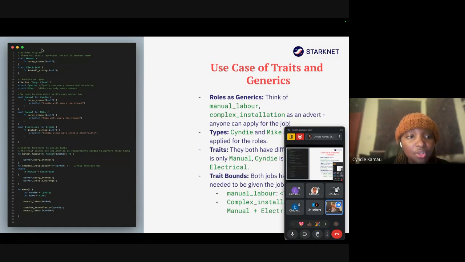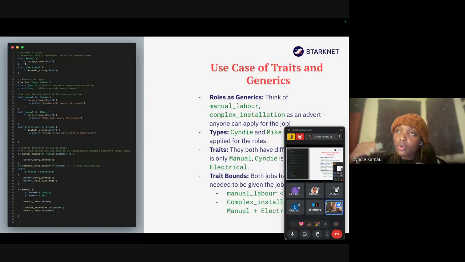So I will now come here to my manual trait, right? So I had already denoted the specific traits, the specific skills we want for everyone, right? That's why I had put the word trait. So these traits, they're public by nature. What do I mean by public? They can be used anywhere. So when you're writing a trait, you don't need to use the word pub, because remember when I was talking about ownership, I talked about scope, right? So if it was just another function, once the first bracket is over, that function is removed.